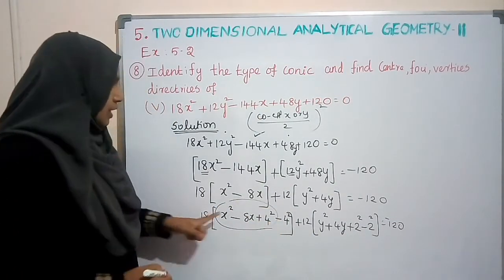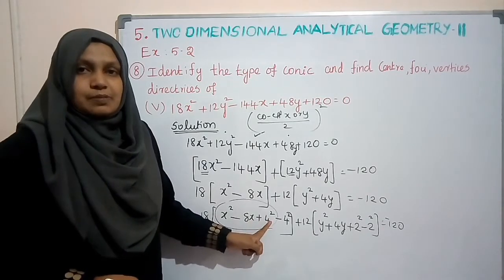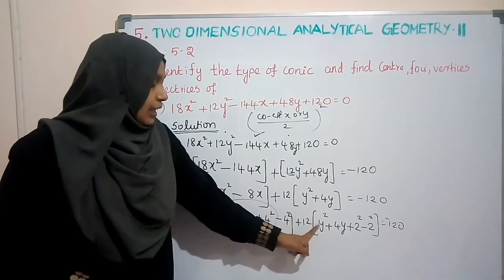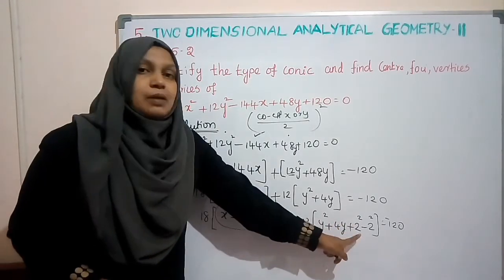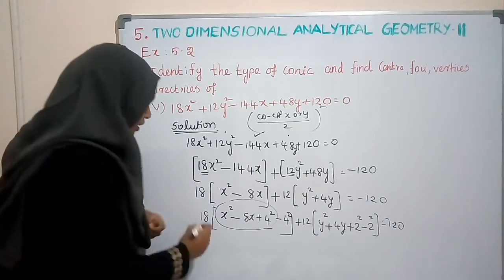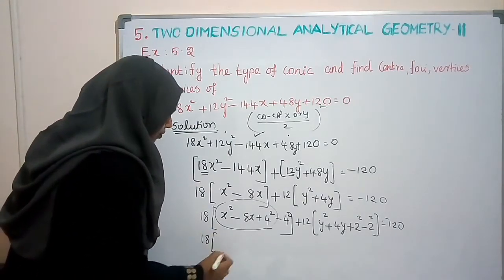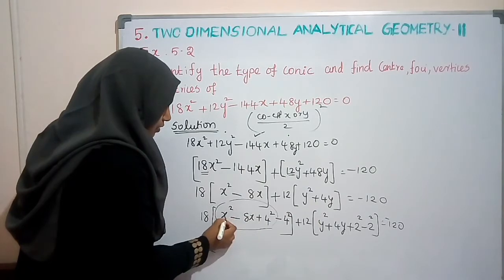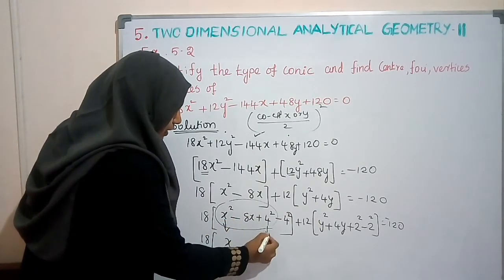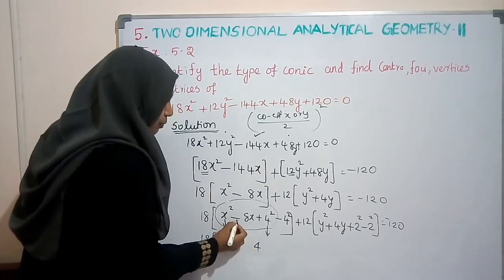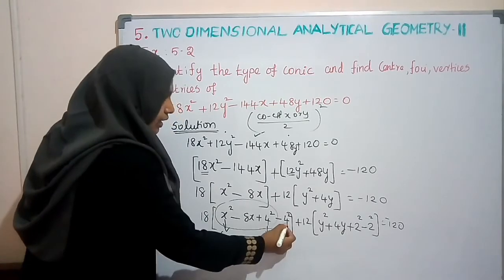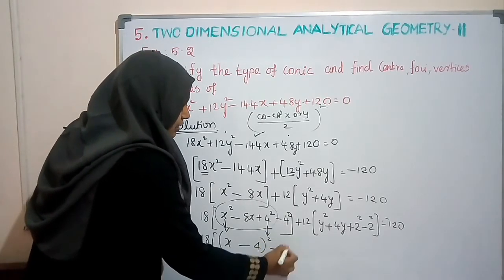Now consider this first three terms. It is in the form of a square minus 2ab plus b square. So we have to write it as a minus b the whole square. And here it is a square plus 2ab plus b square. So we should write it as a plus b the whole square. See 18 into, how you will write? From this x square we can write x. From this 4 square we can write 4. And middle sign is minus, means we can write x minus 4 the whole square. And the last term we can write minus 16.